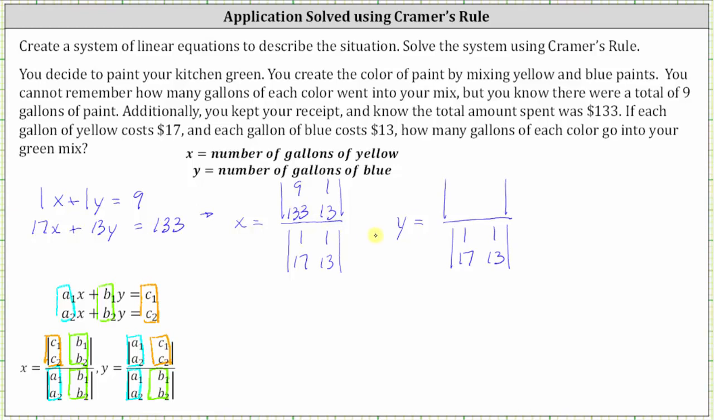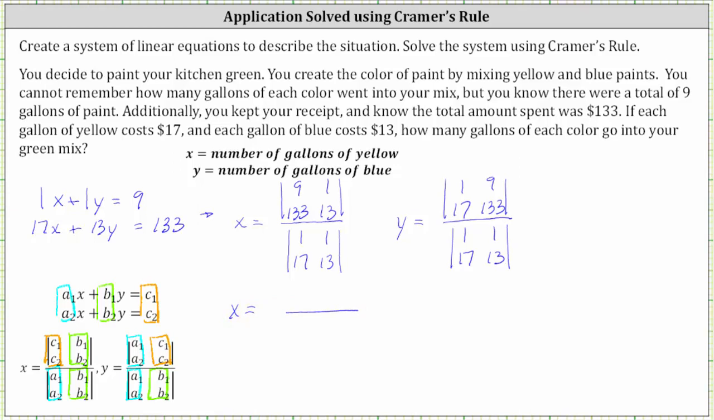And now looking at the numerator for y in the 2 by 2 determinant, we replace the y coefficients in the second column with the constants on the right, which again are 9 and 133. And the first column in the numerator remains the coefficients of x, which are 1 and 17. And now we simply evaluate the 2 by 2 determinants. For x,